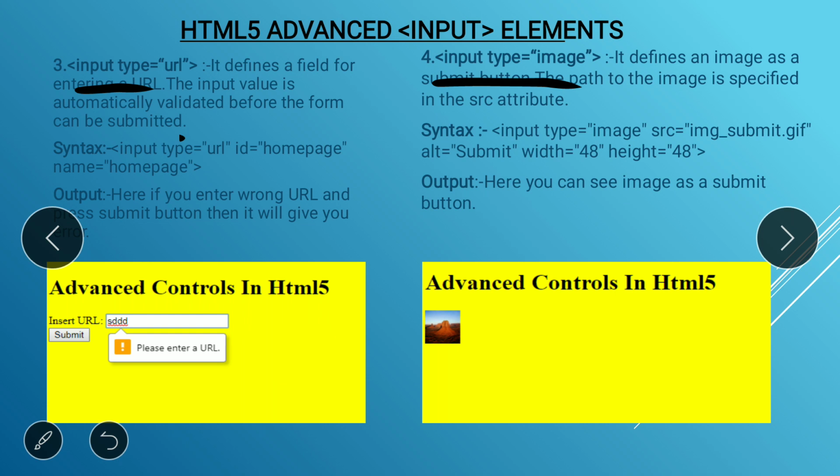So when we write the img tag in between the anchor tag, the output will be the same as when we type input type equal to image. Okay, it is also nothing but a submit button which has the image, right? This is not, but yeah, that is the difference between that image and this image.